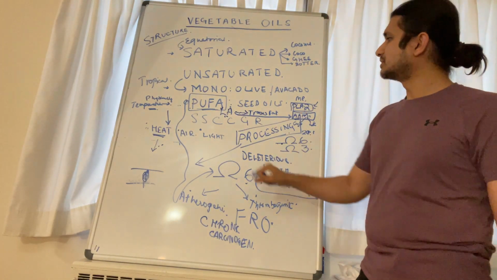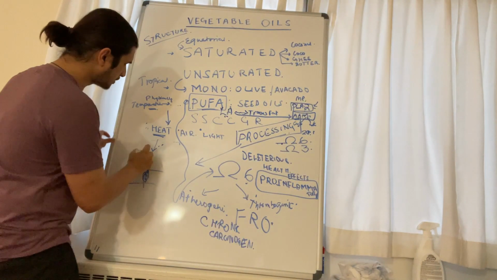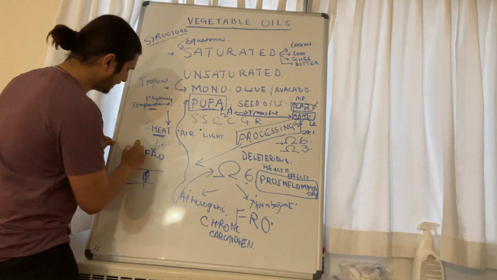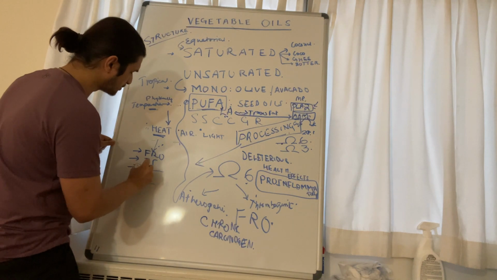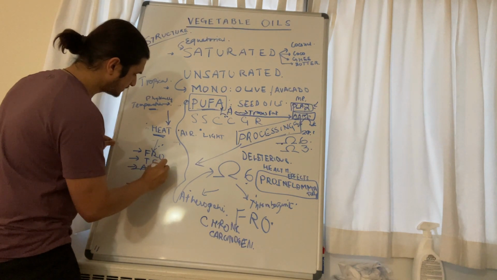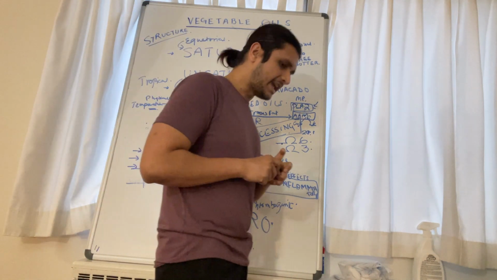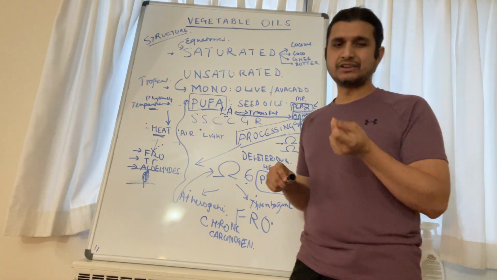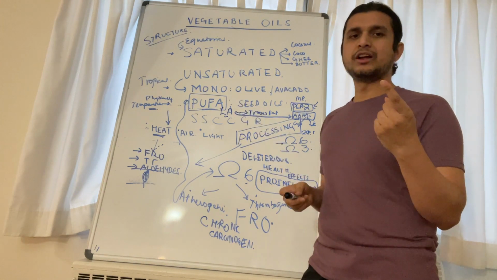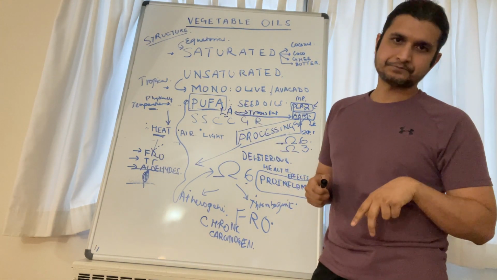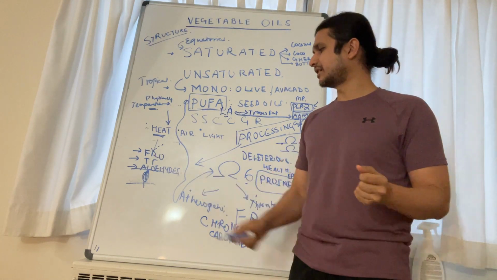The last thing I want to tell you is about the heat, let's write it down here. The heat can cause formation of free radical oxygen. The heat can cause formation of trans fat. And the third thing is, heat can cause formation of aldehydes. Aldehydes are the breakdown products from polyunsaturated fatty acids. Same aldehydes that are released during smoking cigarettes. In fact, they say 1 tablespoon of polyunsaturated fatty acid or vegetable oil is as bad as smoking 2 cigarettes. So the aldehydes are known carcinogens which cause cancer in the body.